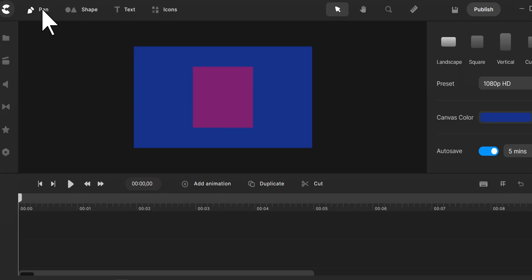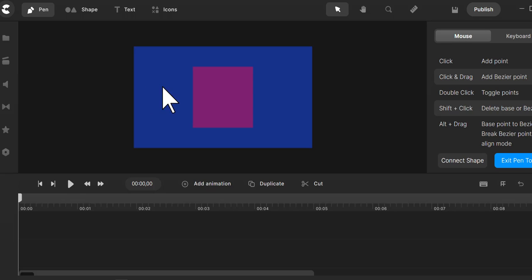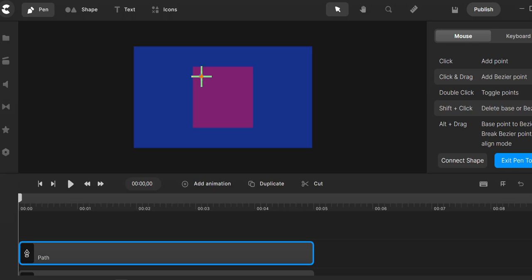To use the pen tool, we just click on the pen icon and come down to wherever we want the first point to be and click the mouse. Left click the mouse and the point will appear. All we have to do is go over and left click the mouse again. Another point will appear and there will be a line between them. We will click another point,